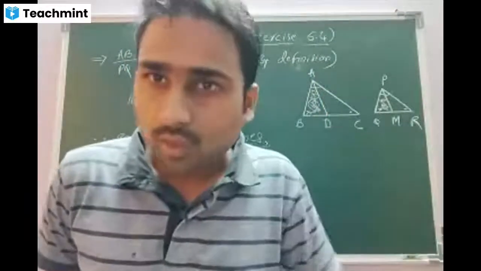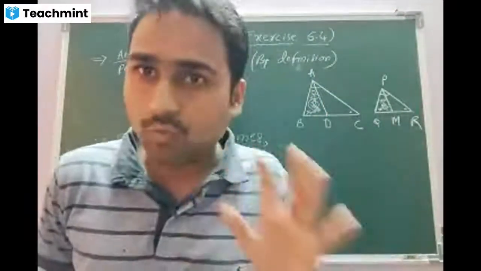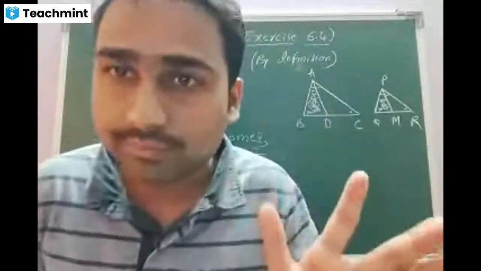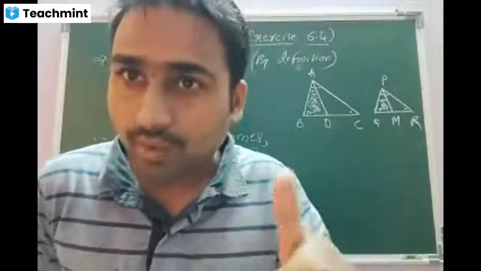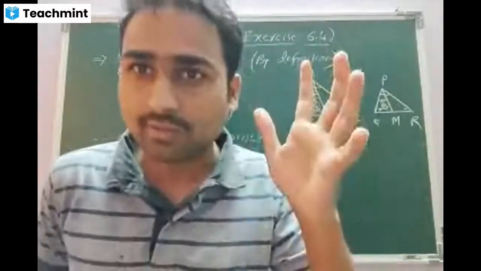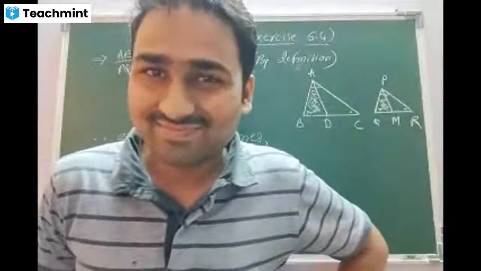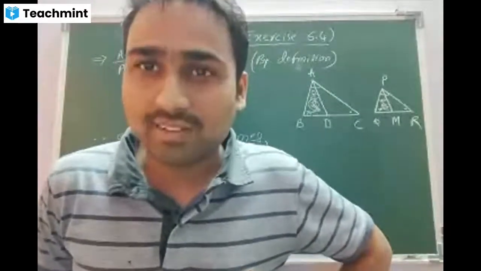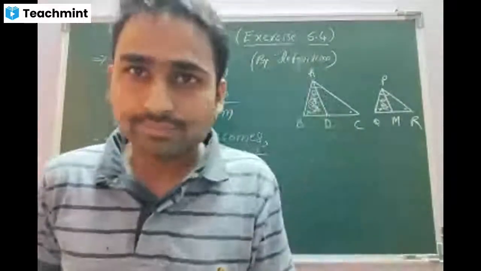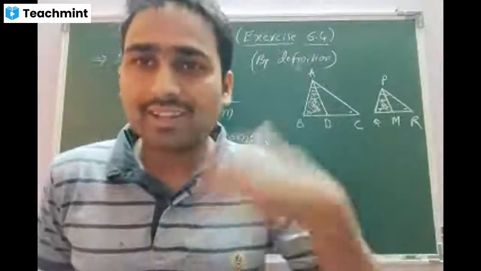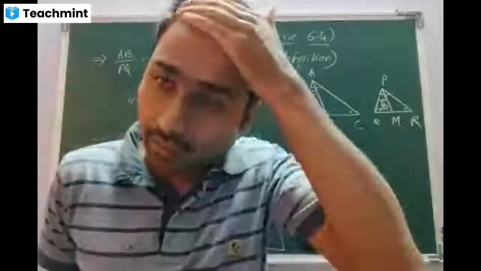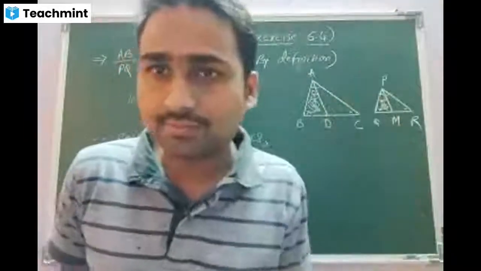Okay, students, with this, I'm going to end the session for today. In the next class, I'll begin with the very important person. Who is he? Pythagoras, our great enemy in mathematics. Am I right? He's a great friend of us in mathematics, particularly in geometry. Correct, beta? In the next class, that is tomorrow, at the same time, 6 o'clock, I'll begin with Pythagoras theorem, its statement and the proof. Is that clear?